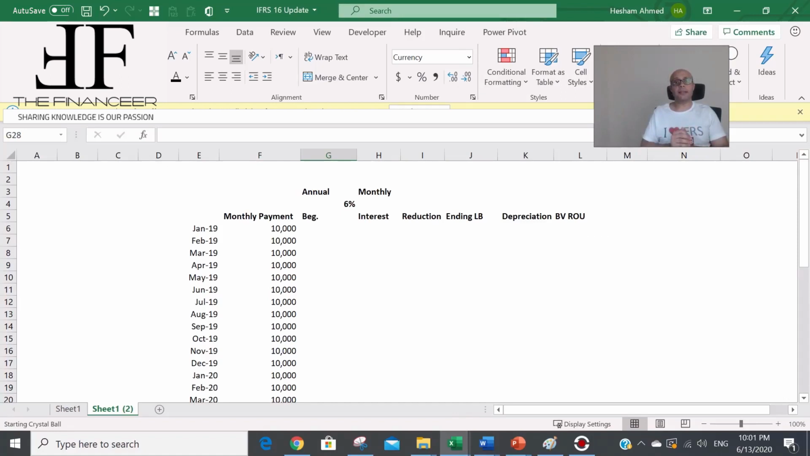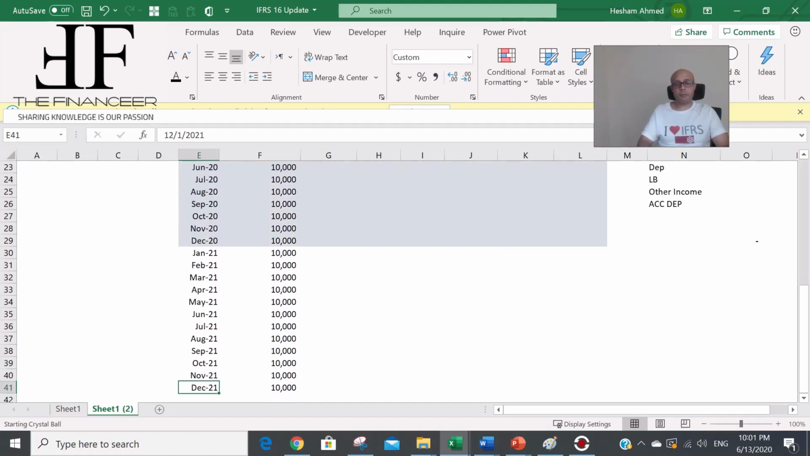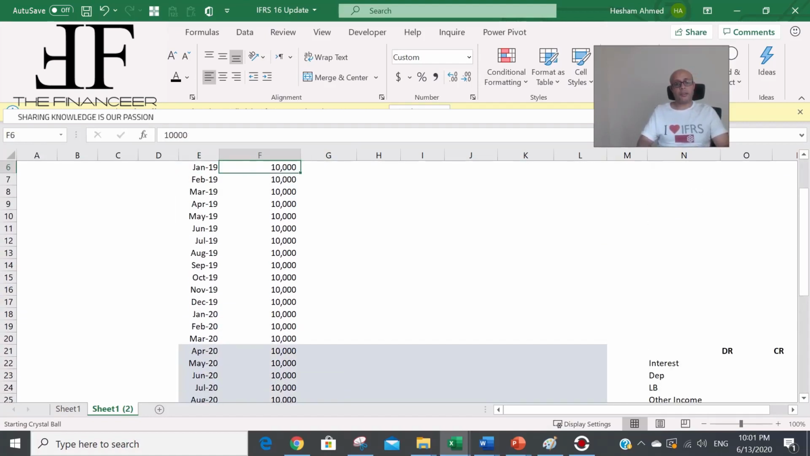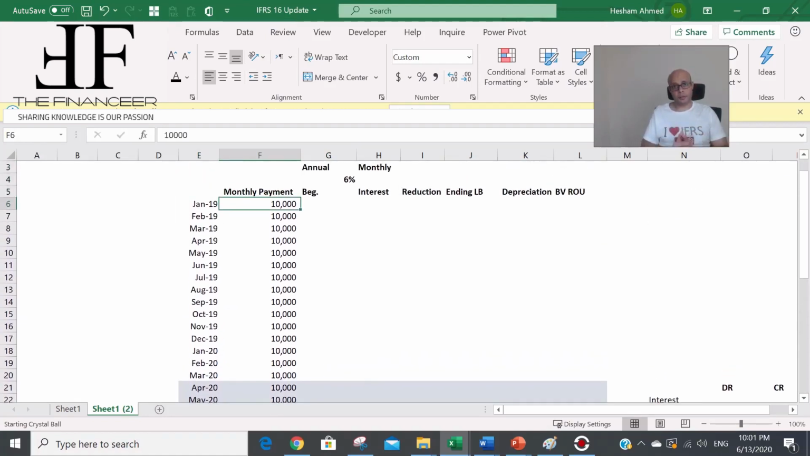Assume that your company, as a lessee, signed a lease contract with a lessor for 3 years, starting from January 2019 up to December 2021, and the monthly lease payment is 10,000. So this is a lease contract to rent an office building, for example, and this is the monthly lease payment. One more assumption in this case is that the interest rate implicit in the lease is 6%, and this interest rate